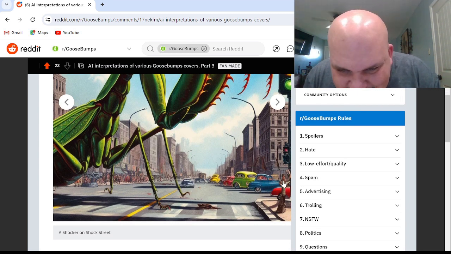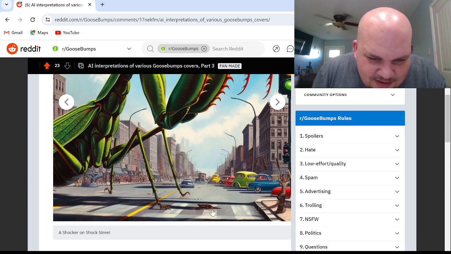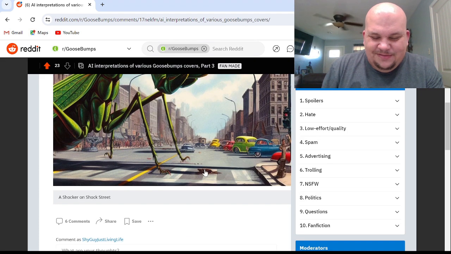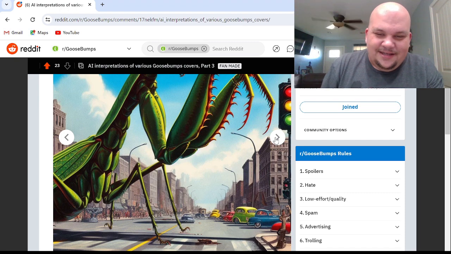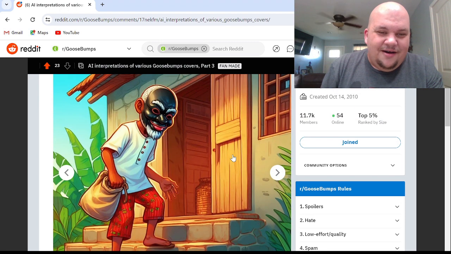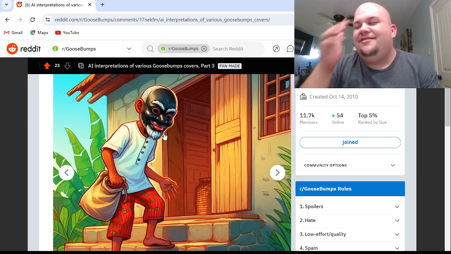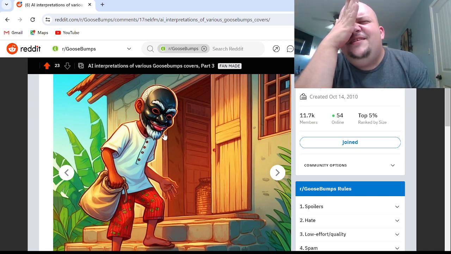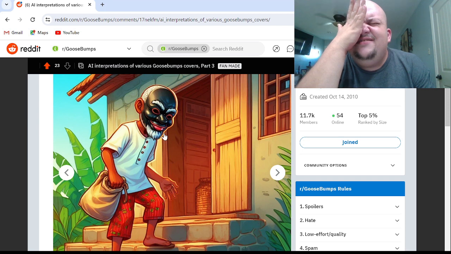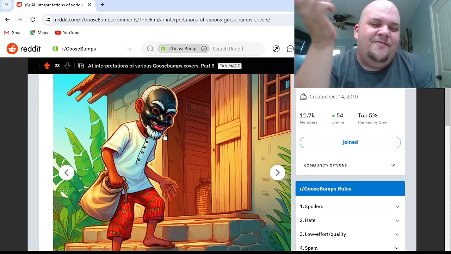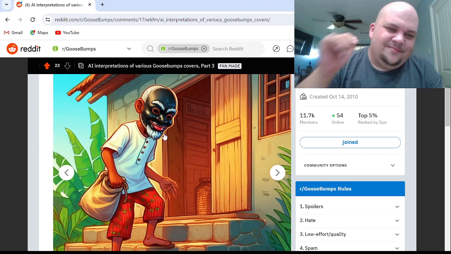Is that a guy right there? Yeah. And what's this on the street? That looks like poop. I don't know what that's supposed to be, but somebody needs to clean up that street. The Haunted Mask 2. This looks like, what's that dude's name? The Remember the 5th of November. That's what this reminds me of.